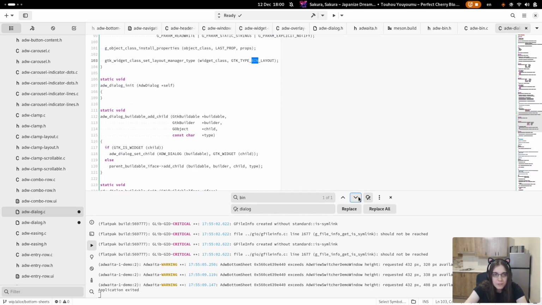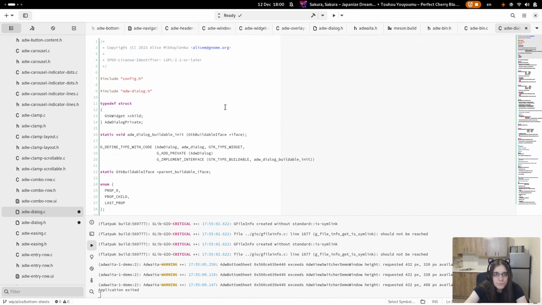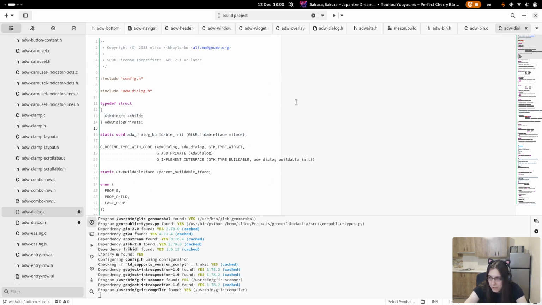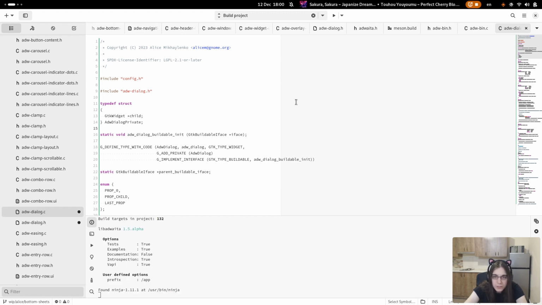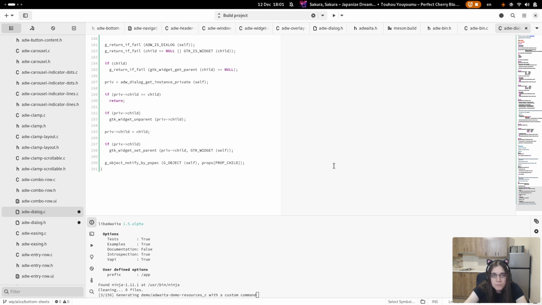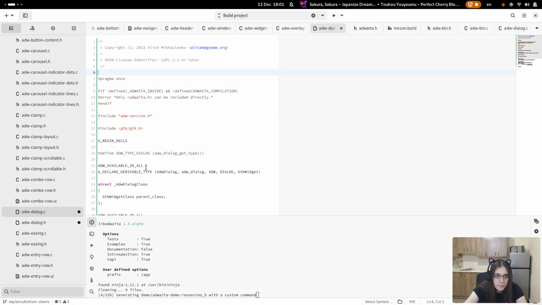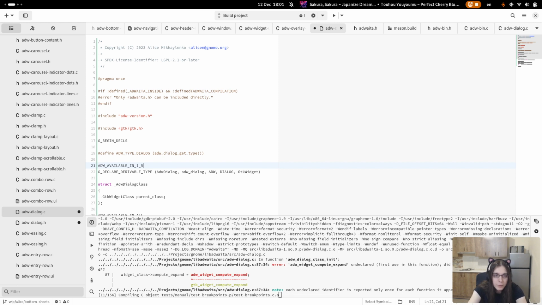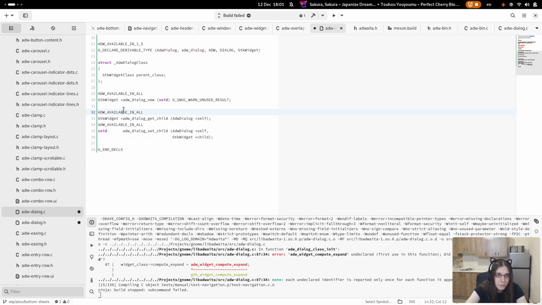Where's bin left? Okay, bin layout. So now I have dialog, which is basically bin, and I'll go from there. Except available in 1.5, not in all.